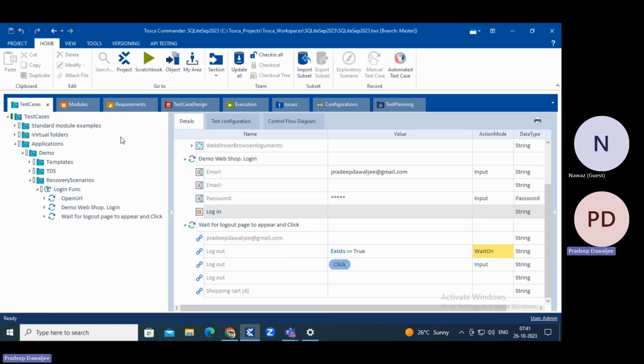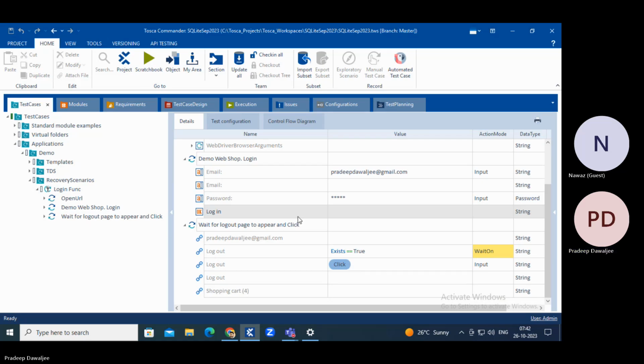So as it gets failed, what happens is, whenever a test case gets failed, what Tosca would do is it searches for any recovery scenarios mentioned by the user or not. So here by default there is nothing, and since there is no recovery scenario mentioned, Tosca would get failed and give us a failure reason, and we would see it in the scratch. But then let's say how we can add a recovery scenario